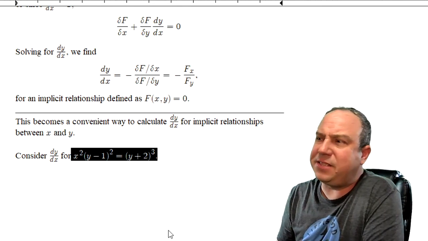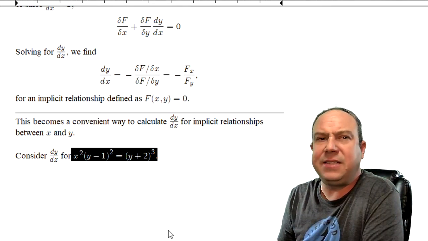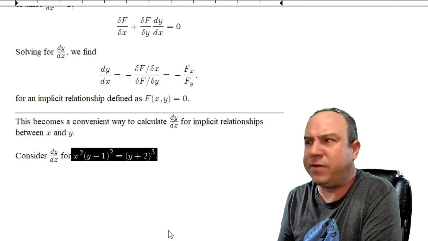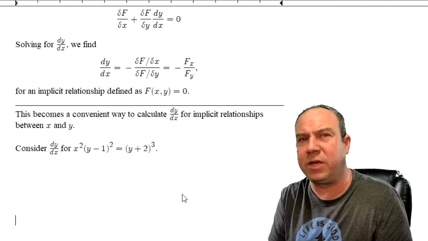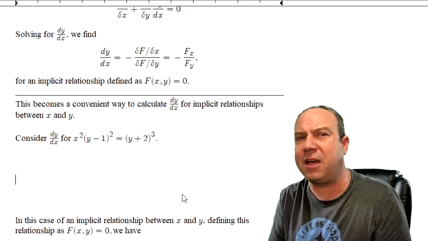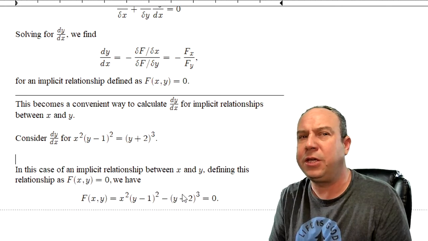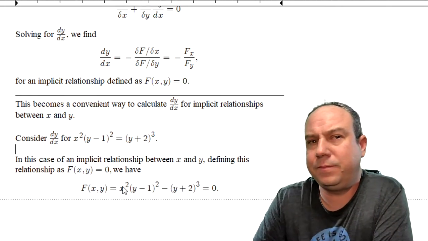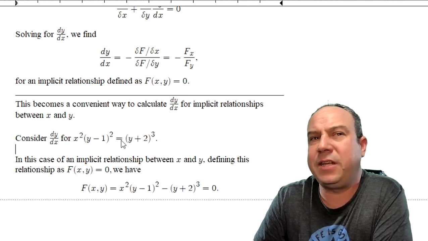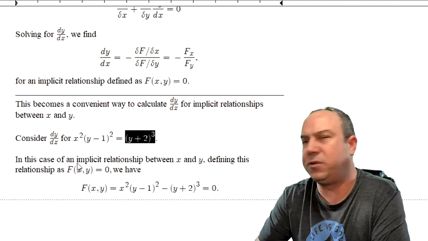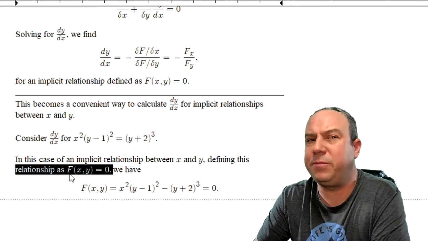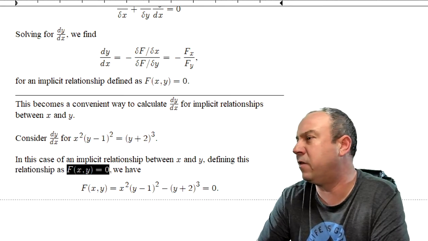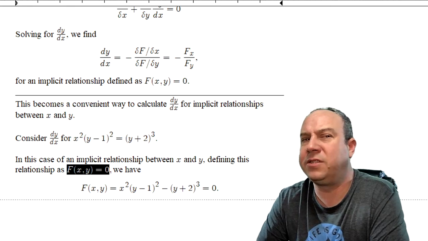If we can set this equal to 0, what we define is a level curve for a multivariable function called big F. And that is exactly what we do here, folks. We subtract from both sides that quantity y plus 2 cubed. Subtracting y plus 2 cubed from both sides defines this implicit relationship as this level curve, big F of x comma y equal to 0, where